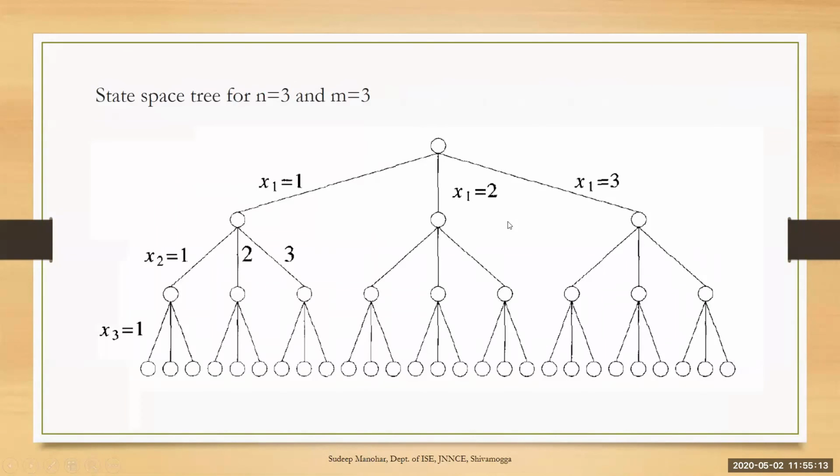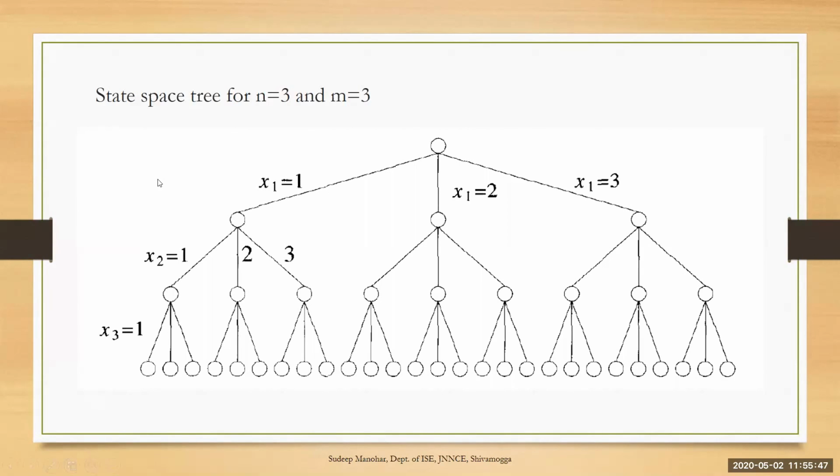Let us understand how to solve this graph coloring problem. As usual, the backtracking method makes use of state space trees. We have learned that in the previous two algorithms. Backtracking always uses state space trees to solve the problem. Now here also, state space trees are used. So this is one general diagram, a state space tree, for n equal to 3 and m equal to 4. n represents the number of vertices, m represents the maximum number of colors that can be used.